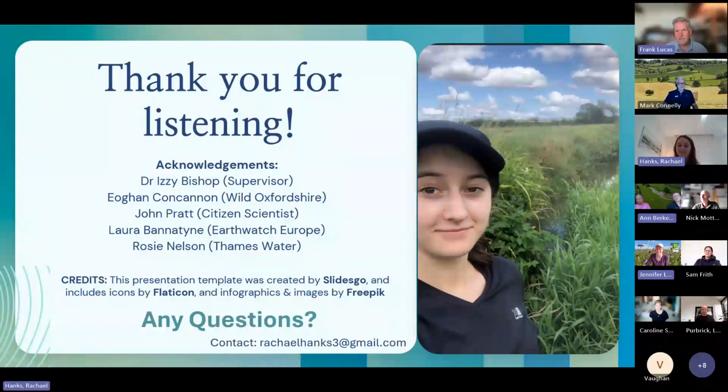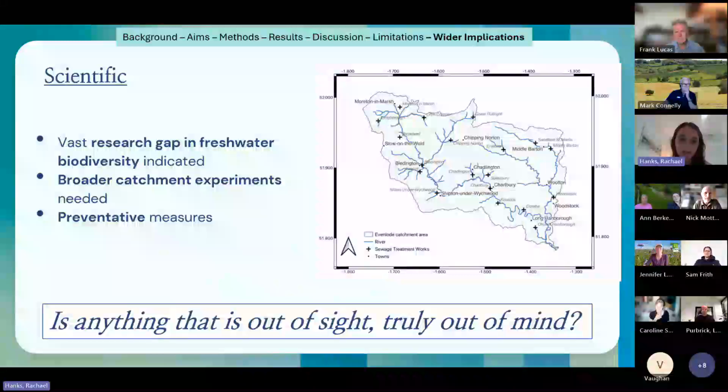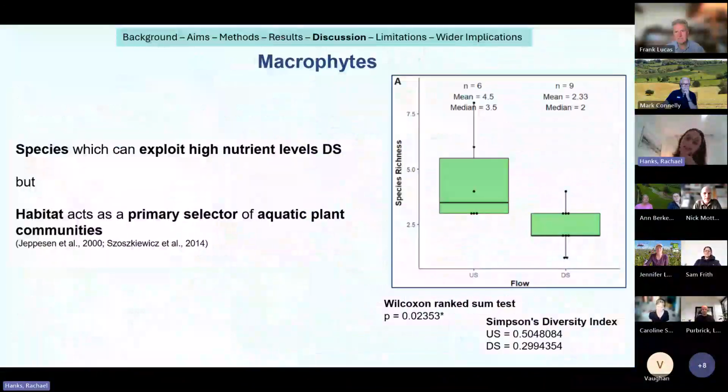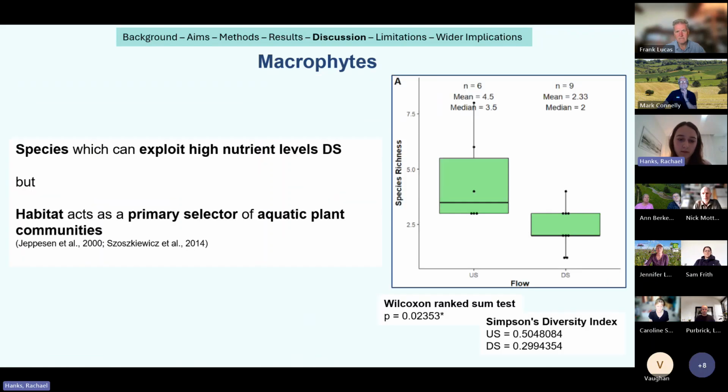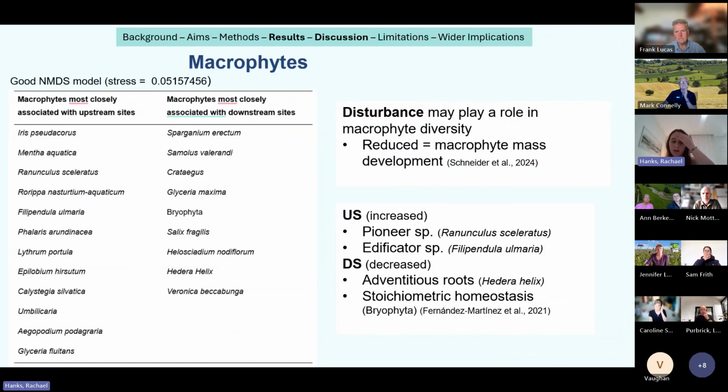Jennifer. Rachel, sorry, I was really interested in the total number of macrophyte and algae species that you were able to identify. Yeah, okay, I'll just slip back to my slide. So for these ones, let me have a little look, one second. This macrophyte table here is all of the plant species that I identified in the field. I'm going to have to count them now, I've forgotten. But there's quite a handful of them.